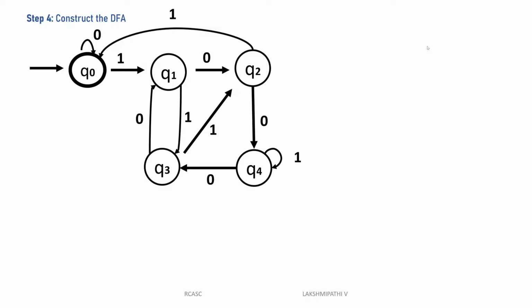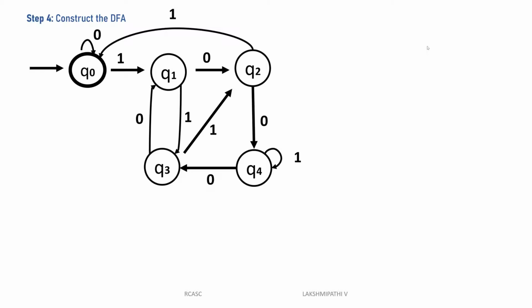For example, q0 of 1 is q1, q1 of 0 is q2, q2 of 1 is q1, q1 of 0 is q0 only. So then it will be the final state. Then come to the four ones, for example 15. q0 of 1 is q1, q1 of 1 is q3, q3 of 1 is q4, q4 of 1 is q2, q2 of 1 is q0. See, 15 means it will come to the final state.